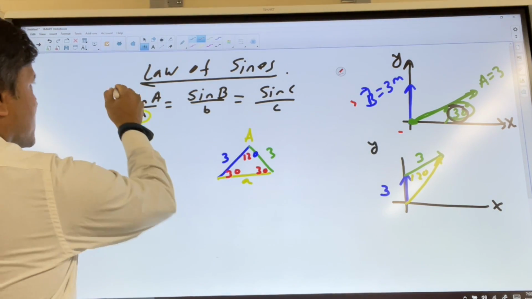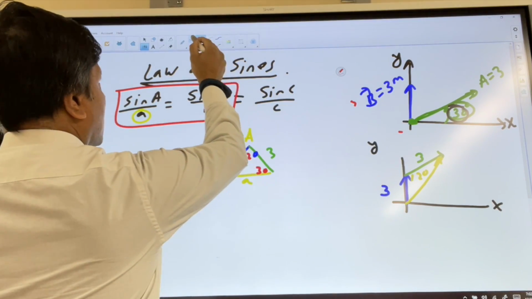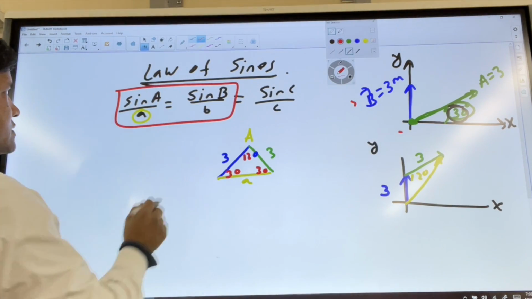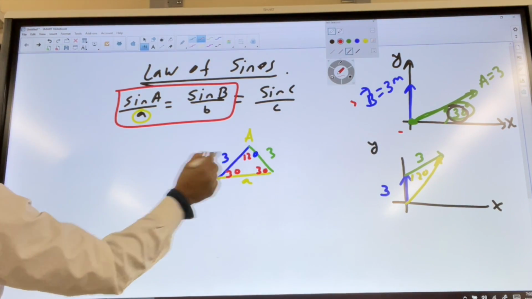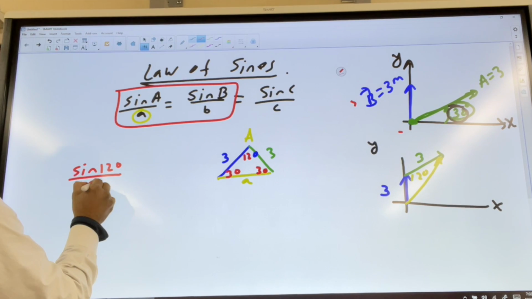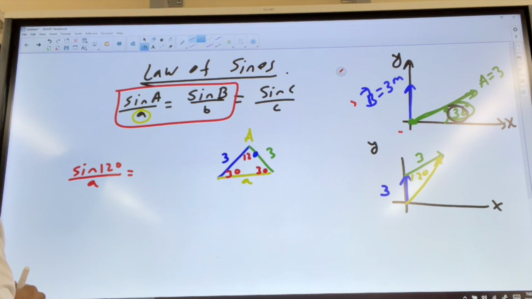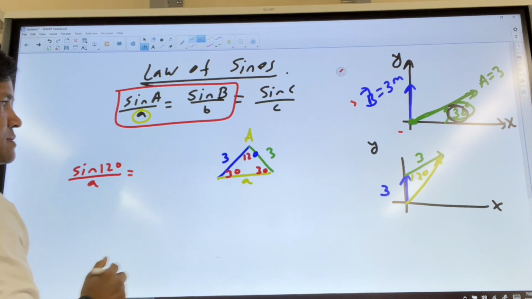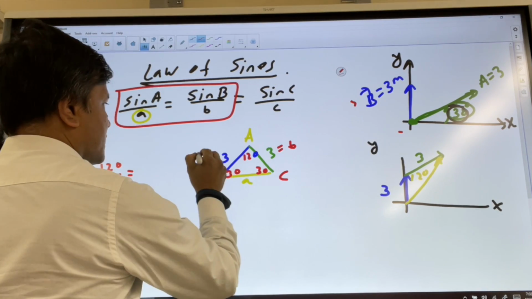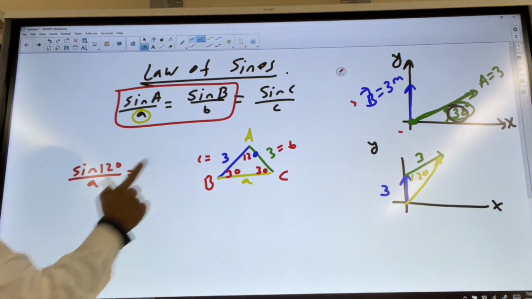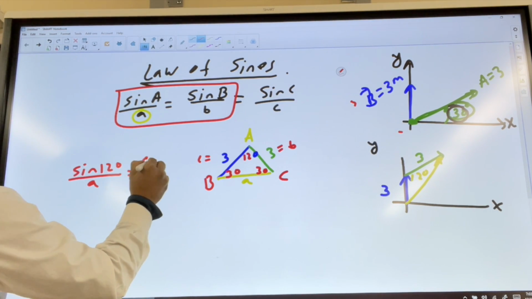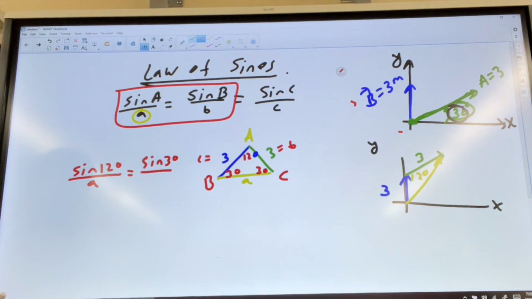Now we want to find A. So let's use these two ratios. Okay, so let's go ahead. Sine of angle over side: sine 120 divided by A, which we don't know, is equal to sine B over b. So where is B? Let's put B over here and call it B. Let's put C over here and call it C. So sine B is sine 30, and sine 30 over b